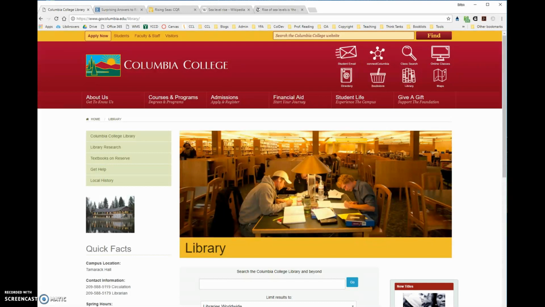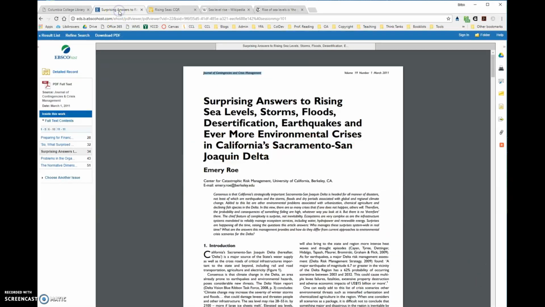So first thing I'm going to do is I'm going to pull up a scholarly article. I'm going to click on this tab here, and it's one that I found in our EBSCO database. And scholarly information is written by and for scholars, and it's a way to communicate the results of a study or surveys that were completed, something that's gone through a fairly formal process, and often we use the terms peer-reviewed or academic journals. Those are sometimes used interchangeably.